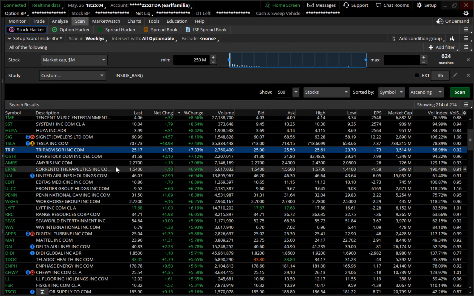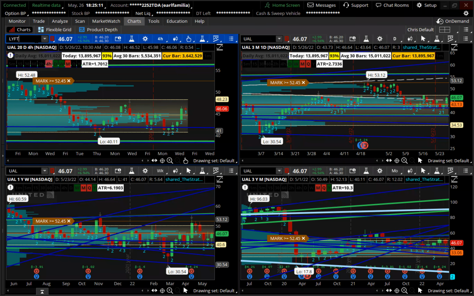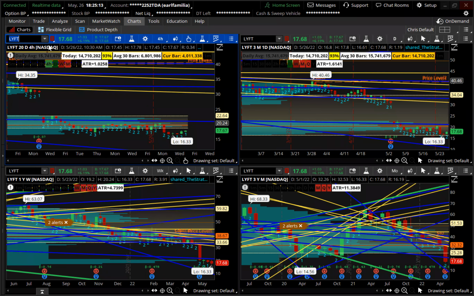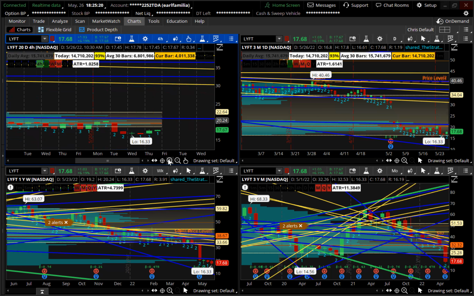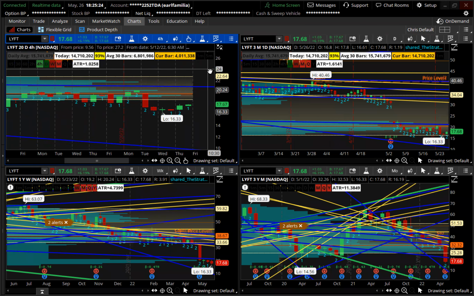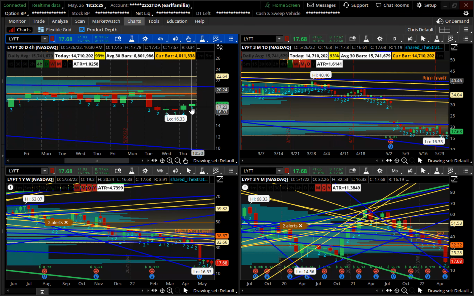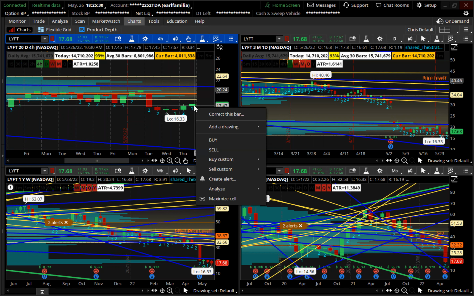Nothing for tomorrow. What is this, Lyft? Yeah, I don't trust this setup on Lyft. It is giving you a strong 4 hour, but I'll mark it, but I don't believe it.